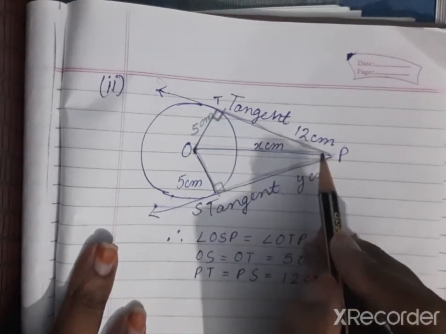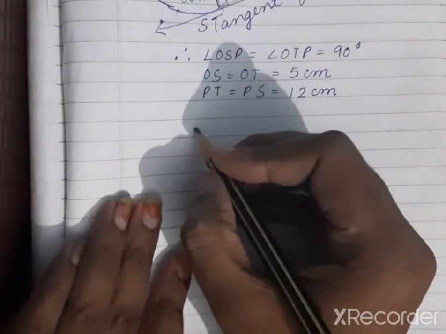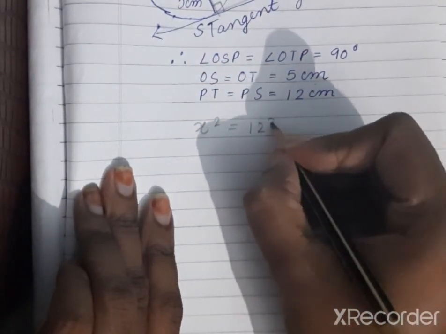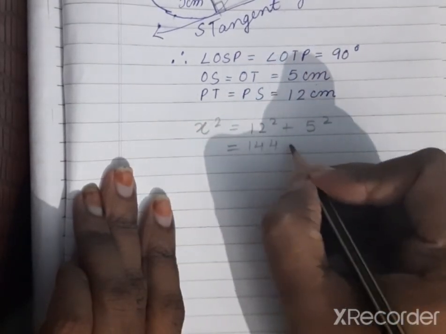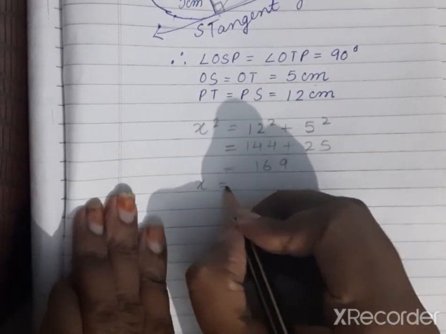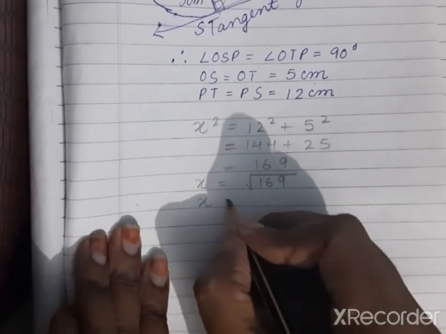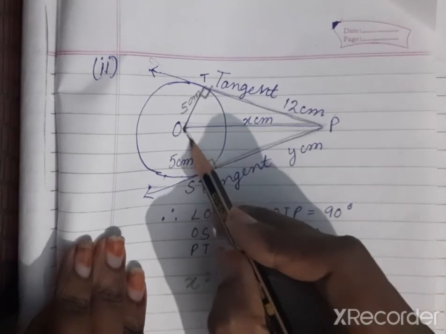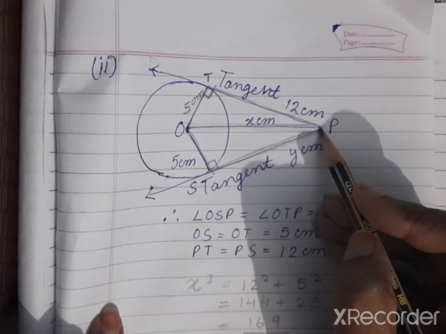Now this is the base, this is the height. By using Pythagoras theorem, you can write x square is equal to 12 square plus 5 square. You will take out, that is 144 plus 25. You will get 169. Means x will be equal to under root 169. That is x will be equal to 13. Now you have got that the value of x is equal to 13. Now this you know in the right angle, this you have to take out. Again you will use Pythagoras theorem and you will take out the value of